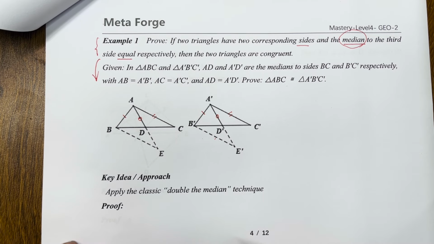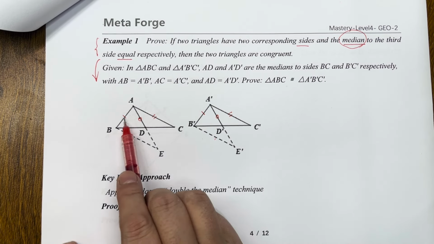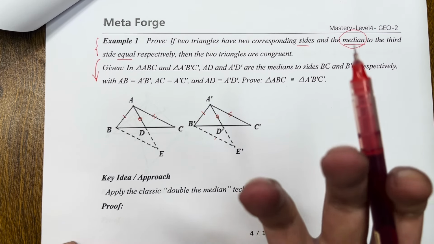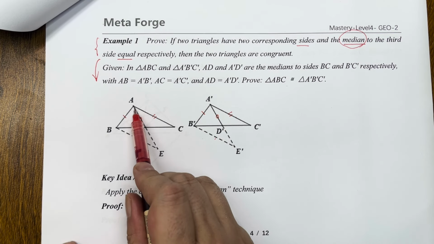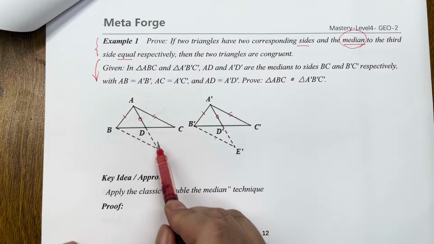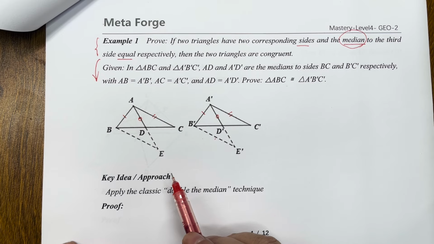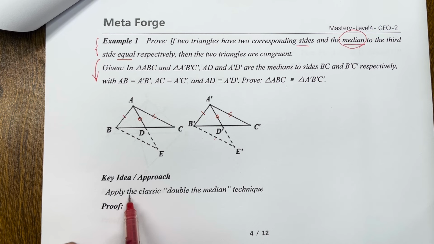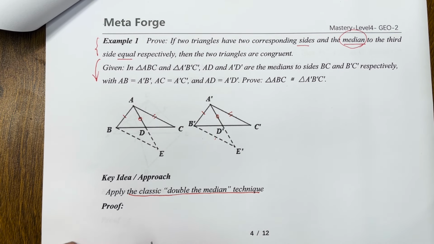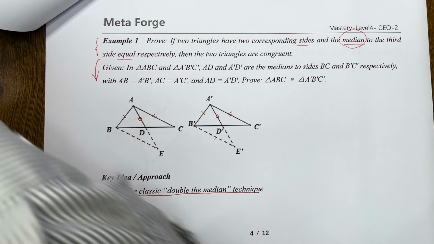We must find a way to use the equal sizes to form a triangle. And this is a median. Doubling the median is needed. It's necessary. So, apply the classical double the median technique. We can prove it. How? After doubling the median, we have learned here